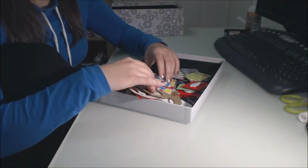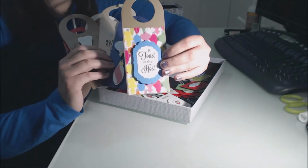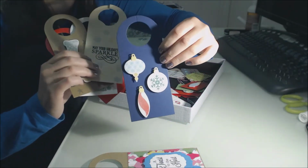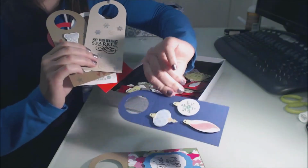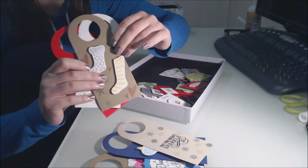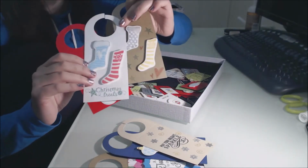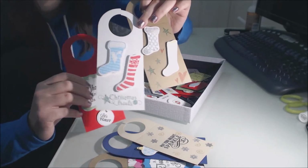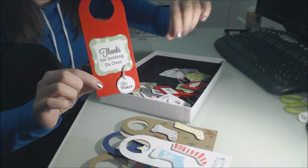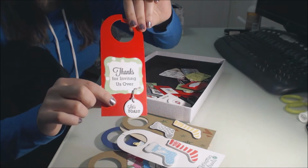I think there's quite a few. I made some wine tags. It was so much fun playing around with these ornament sets from My Favorite Things. Just some simple embossing on that one. The stitched stocking set, I didn't think that I would be too crazy about it, but I love it. It's so versatile. It's really fun. And this is just from another My Favorite Things stamp set, Let's Toast. Thanks for